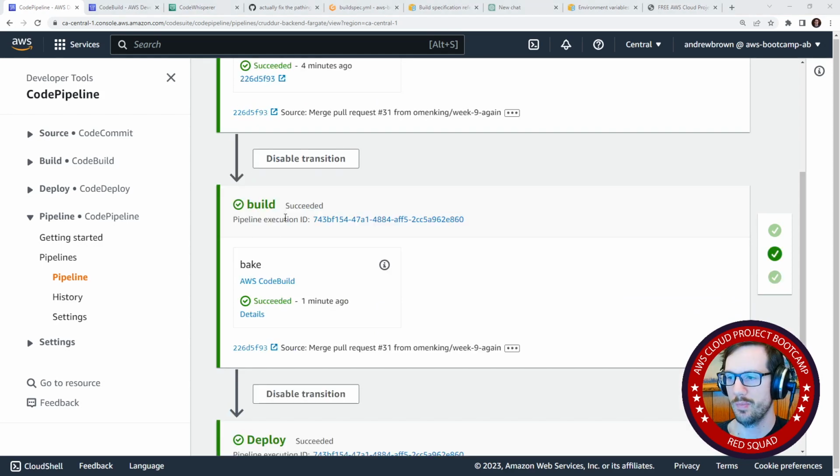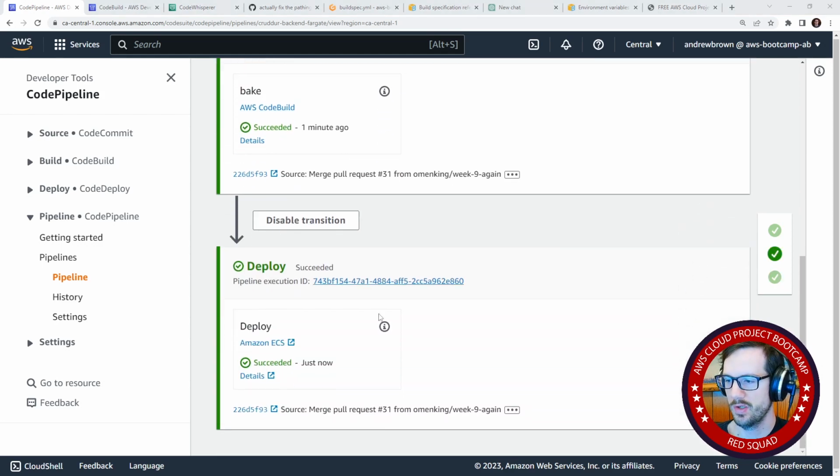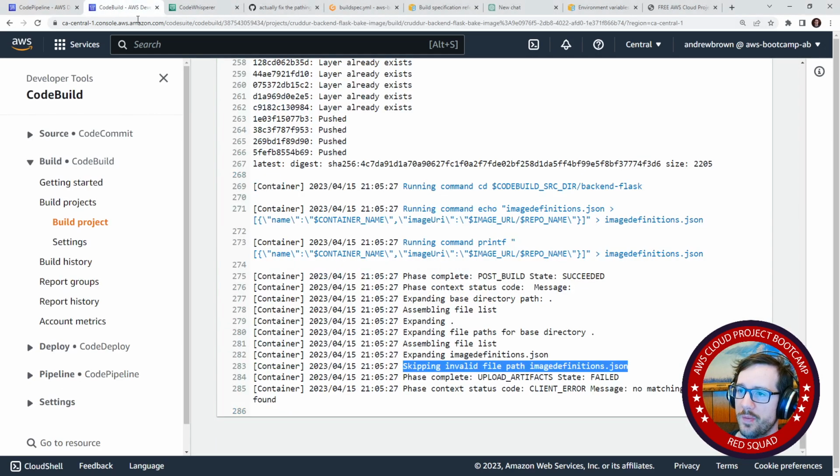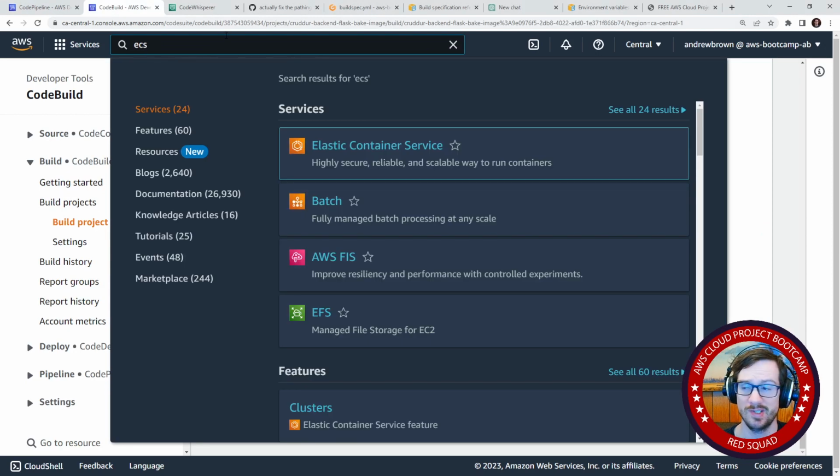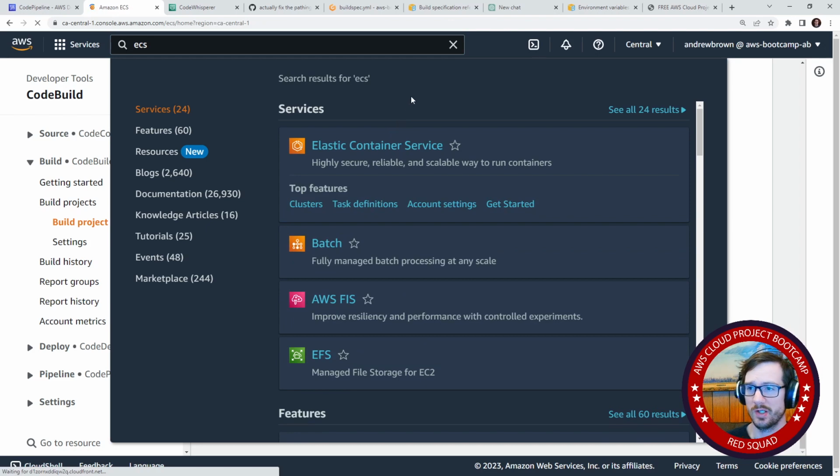All right, so now we're back here and we can see the build pass and then the deploy succeeded, which is pretty cool. Not that we got to observe the deploy, which would have been fun to do, but I would have had to pay closer attention here. Let's make our way over to ECS. If it is this easy, that'd be awesome. So I'm going to go over here